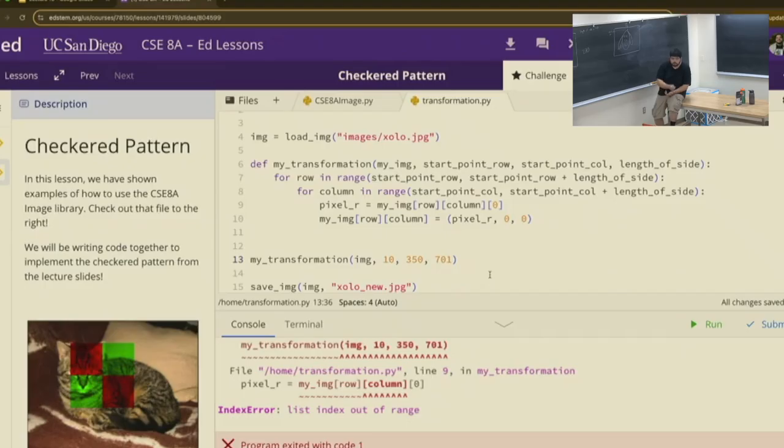You tried to get a pixel that doesn't exist. I tried to get a pixel that does not exist. So the way we have it right now is that we have our starting point with the row and the column. And Audrey here told us that it's now going to be